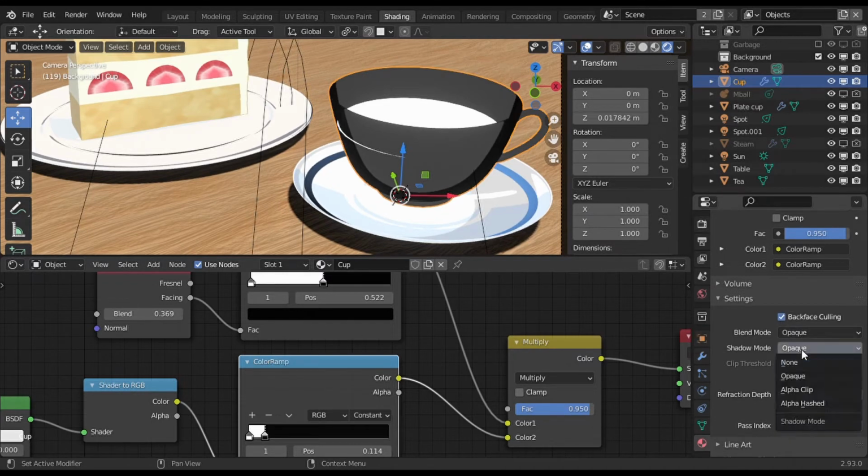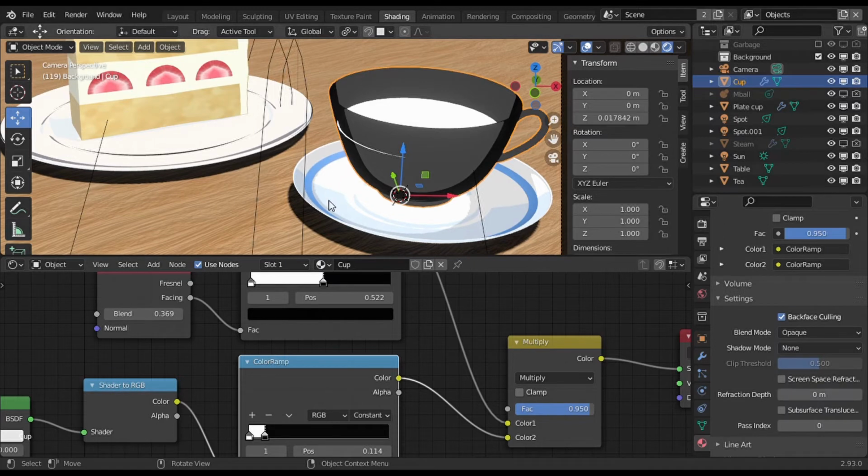And here's where that weird thing going on the plate material disappears.